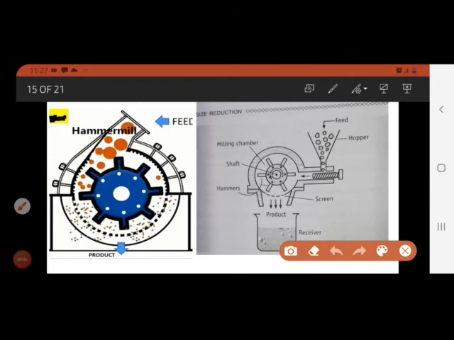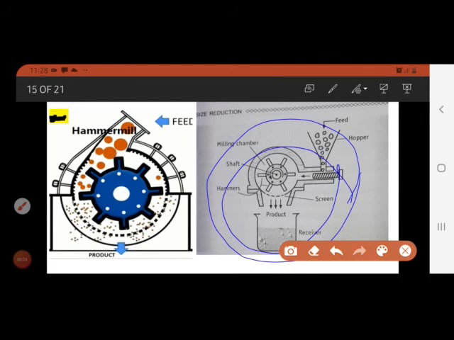Advantages: it is rapid in action. It is useful for grinding all types of material. The product can be controlled by variation of rotor speed, hammer type, and size and shape of the mesh. The operation is continuous. No surfaces move against each other.